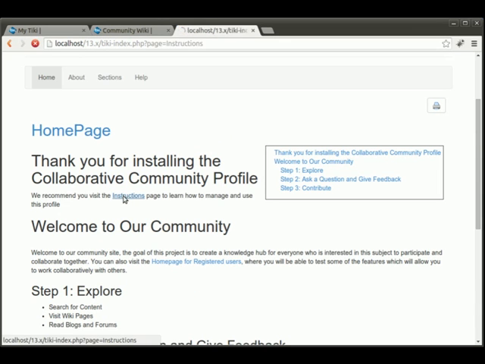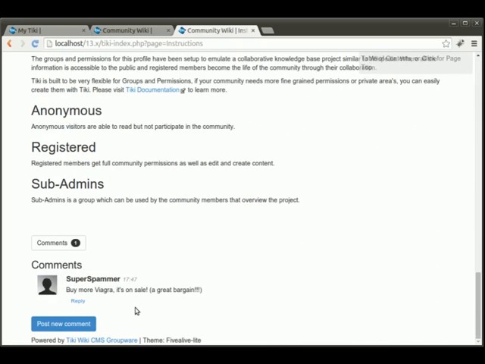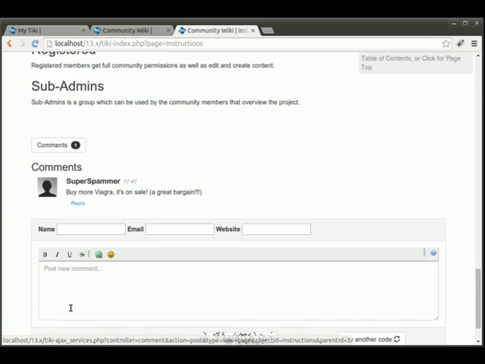We were at the instructions page, so there we go at the bottom, and we see one comment posted, the previous one before validation, and then another comment pending validation here. So let's see,